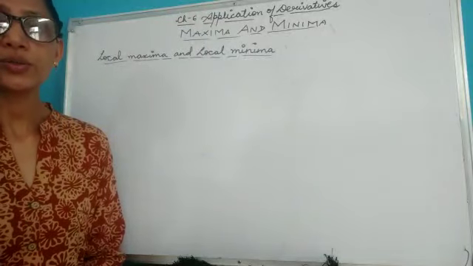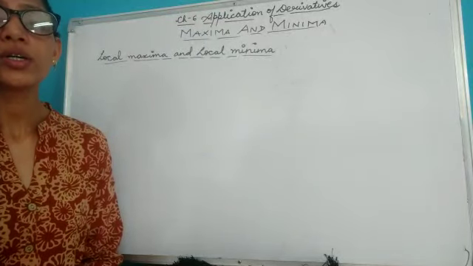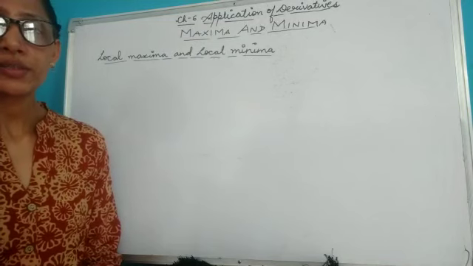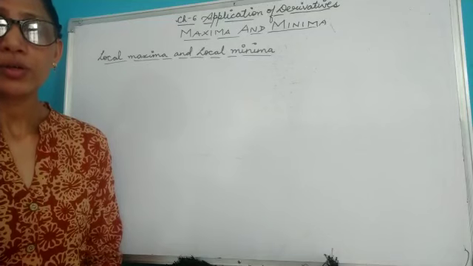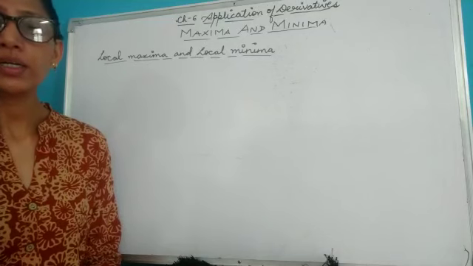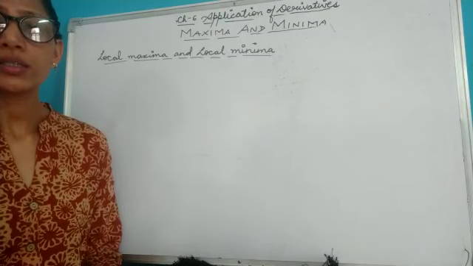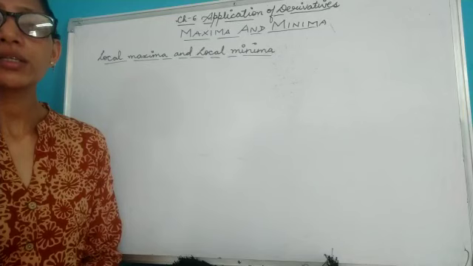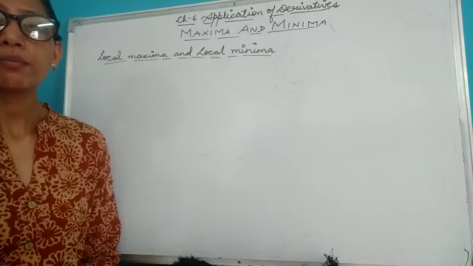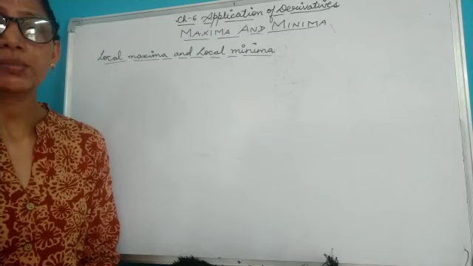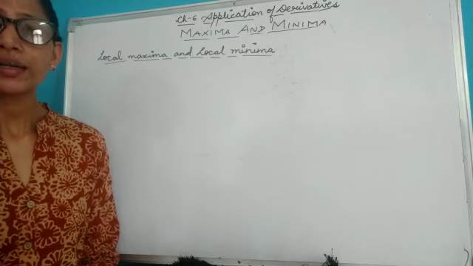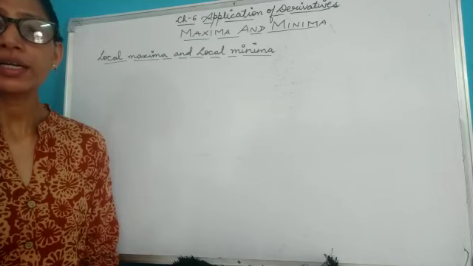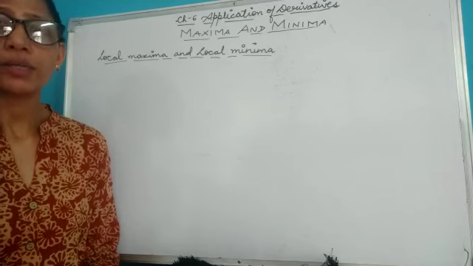Everyone, in this video we are going to learn how to do questions of local maxima and minima. Children, in my previous video I have discussed local maxima and local minima in brief. Let me recall the things once again. In the given graph or curve we can have many points at which the graph attains maximum or minimum value. And if we have more than one minimum or maximum value, then we can say that it has local maxima or minima.